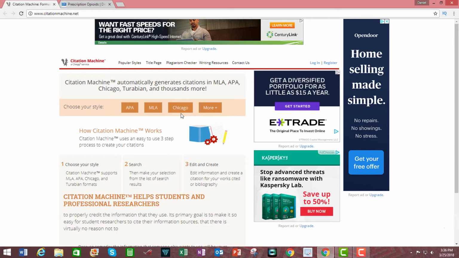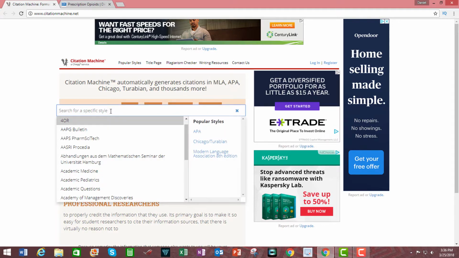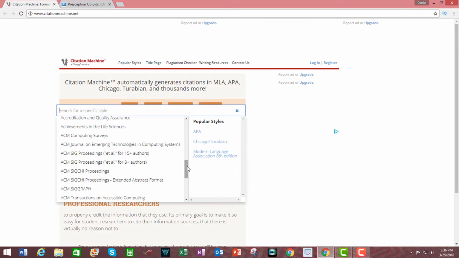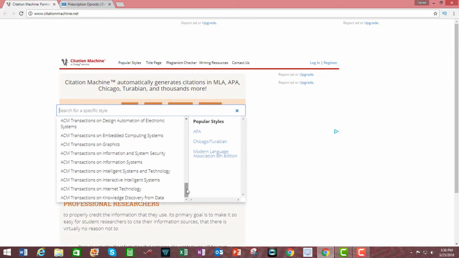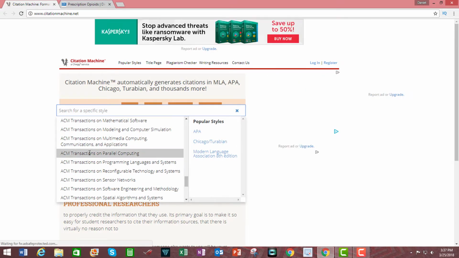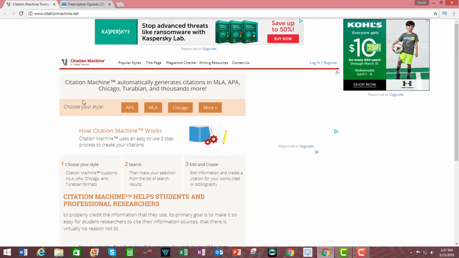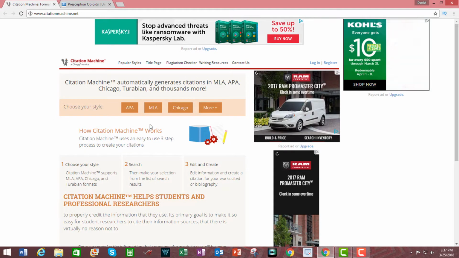There's also Chicago style, but if you are using one of the more obscure styles, click on More, and then you can search for the specific style that you are required to use. And if you notice, there are many other styles. But going back to this, I will click on MLA for Modern Language Association,